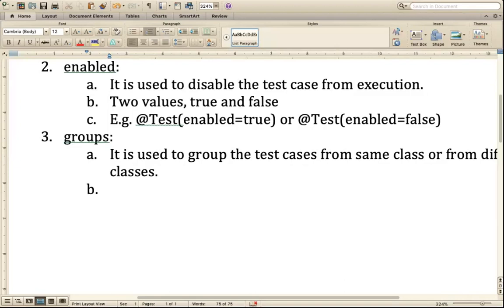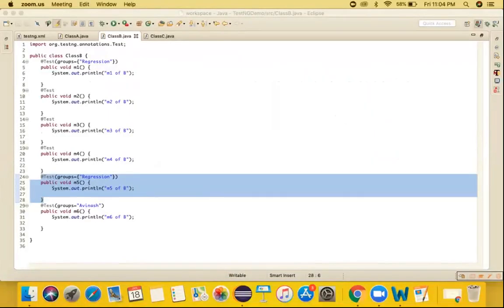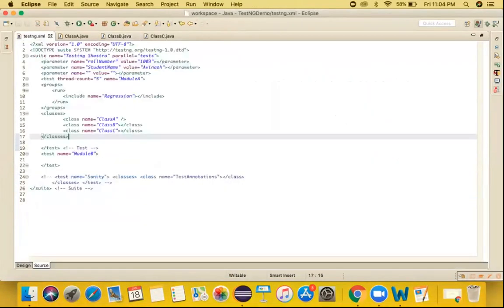Let's say that you are assigning your test case to the regression group and it is not a part of regression at all, then obviously when your manager or maybe your team lead is trying to execute only regression test cases, your test case will also get executed, even if it is not a part of regression. So you should take care of it while giving the groups attribute to the @Test annotation. Okay,